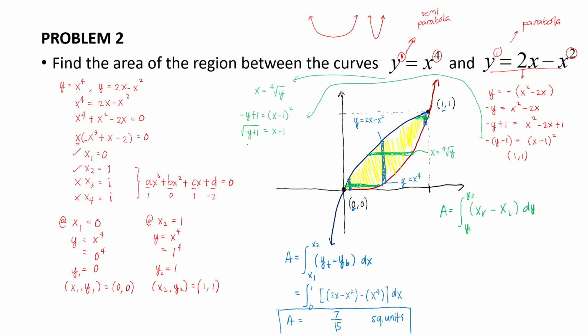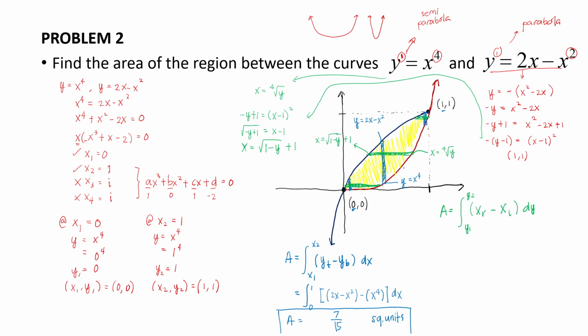Then isolating your x, this is the square root of, let me reverse it, 1 minus y, and then transpose negative 1 to the other side, this becomes plus 1. And this becomes my x left. Right? Square root of 1 minus y